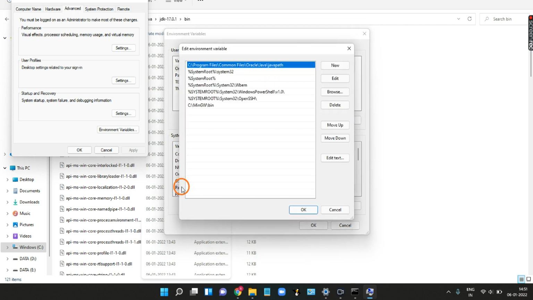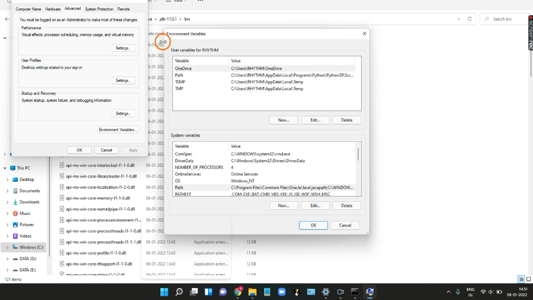Click on this path and it will open. Now you have to add the path of this that you copied. Click here, double click here and just paste it, Ctrl plus V, and press enter. So now this path is added, and now you can click OK. So your Java 17 point, that version is done.